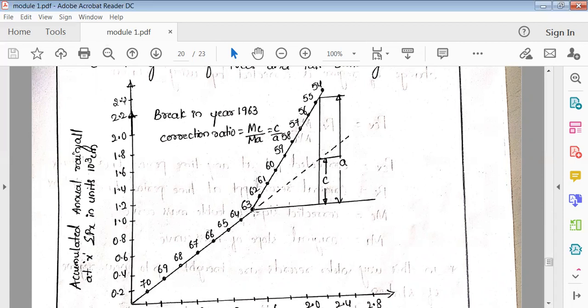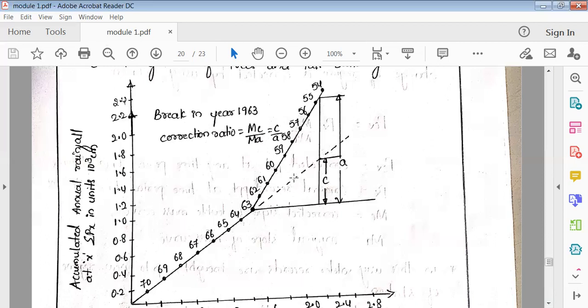Okay, if you notice here, we'll plot this up to 54. Then from 63, there is a diversion, right? So it has to go linear like this, but it has been diverted here. So what we do here, first thing is, whatever is diverted up to this portion, we'll treat it as A. This y-intercept will be treated as A. That is the complete maximum up to this collected station. Then from 63, we just draw this line. Again, this is a linear line.